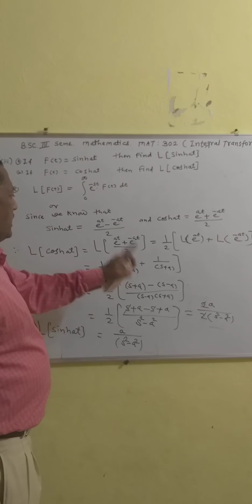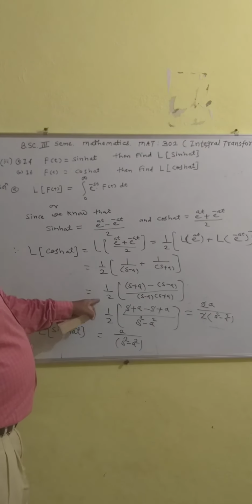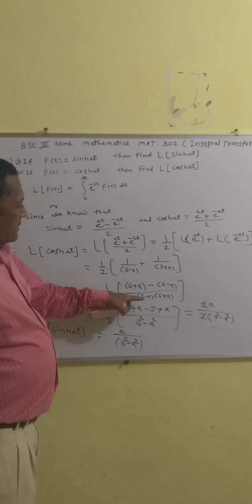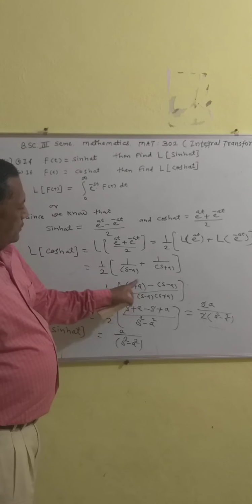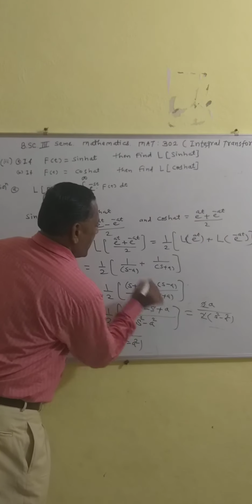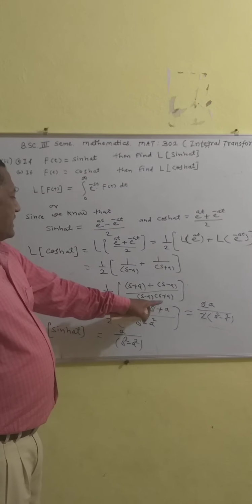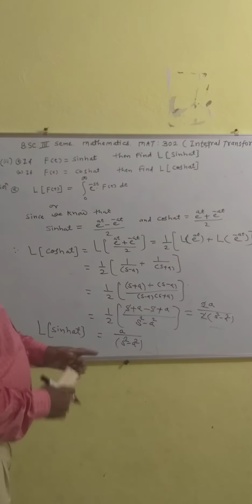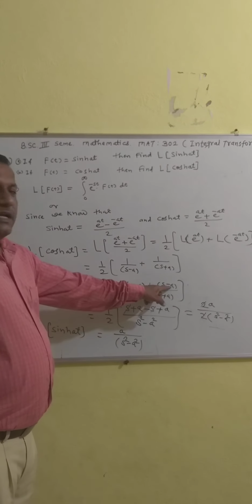The LCM is s minus a into s plus a. Again s minus a cancels, so s plus a, and here plus, s plus a cancels, s minus a. Therefore minus a plus a cancel,